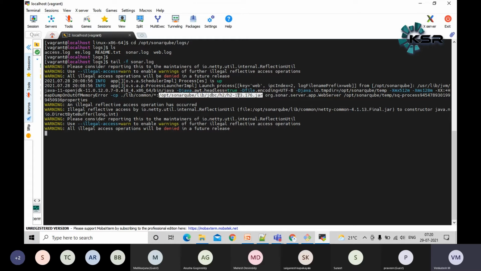In real time, we will change it to a MySQL or Postgres database, guys. So in real time, how are we going to use it? There will be two kinds of scenarios, guys. If the project is small, they may opt for a centralized SonarQube. That means each organization will manage a separate SonarQube server. Whoever wants, they will provide access to you, and you need to integrate it with your Jenkins machine. That is one way. Otherwise, there is another way.